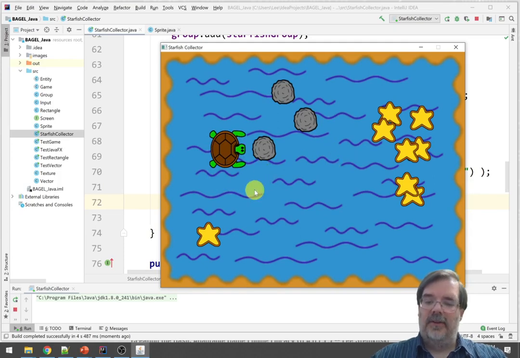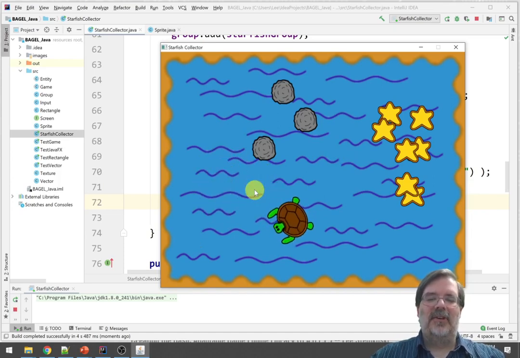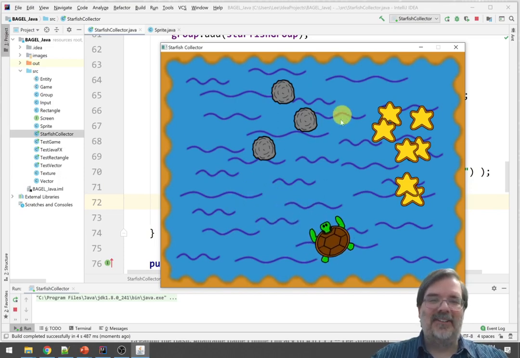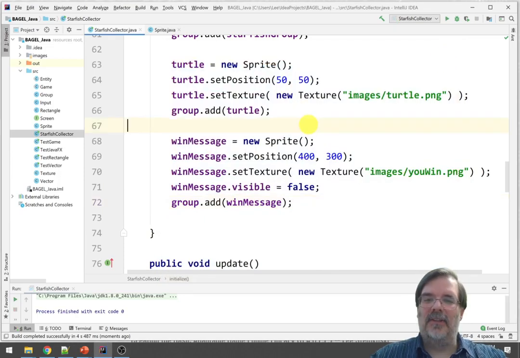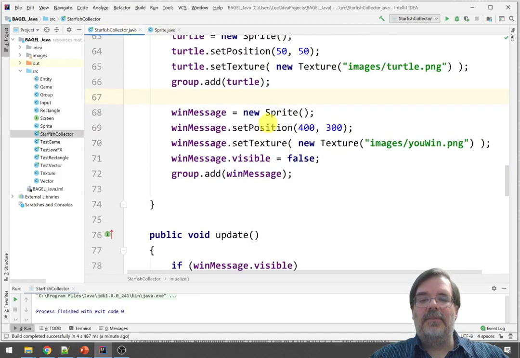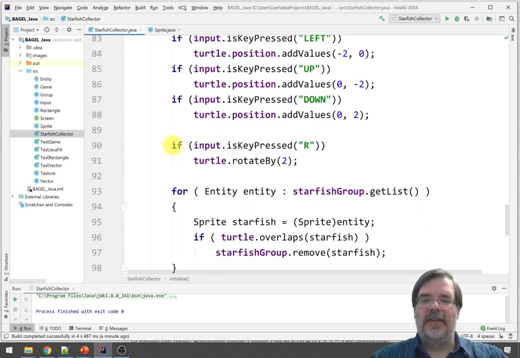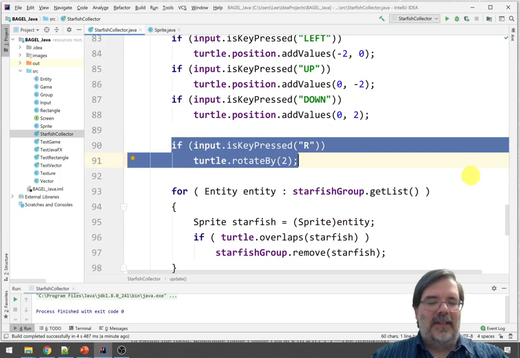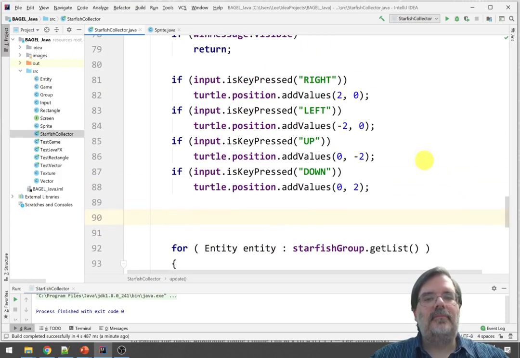One thing we have to keep in mind though, I've got rotation set up here, but that's not a perfect solution, because the turtle is not facing the direction it's going necessarily. So that'll be the last addition we make to our code. So in the Starfish Collector class, in the update method, we had added this R for testing, and that was fun, but that's not really necessary in our final version of the game. I'd still like to use the up, down, left, right control system, but I'd also like to rotate the